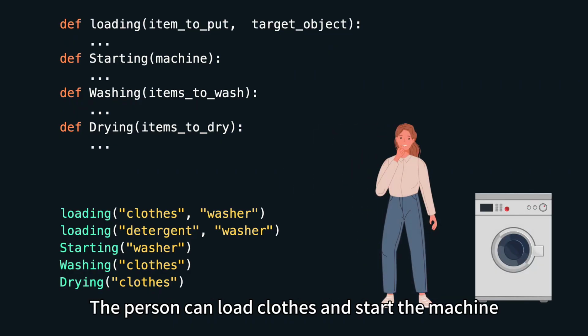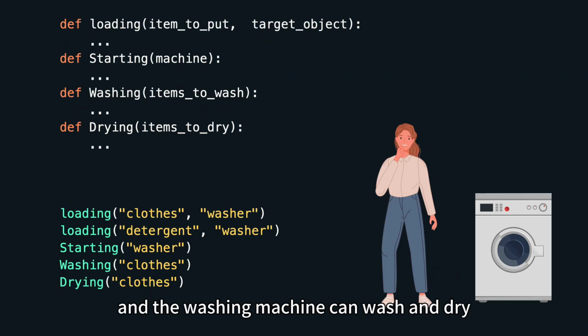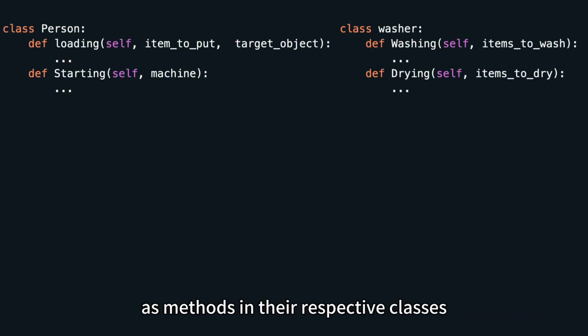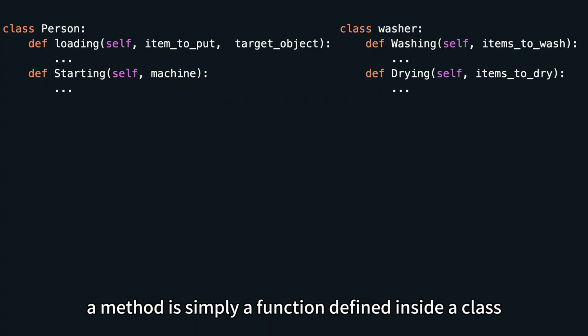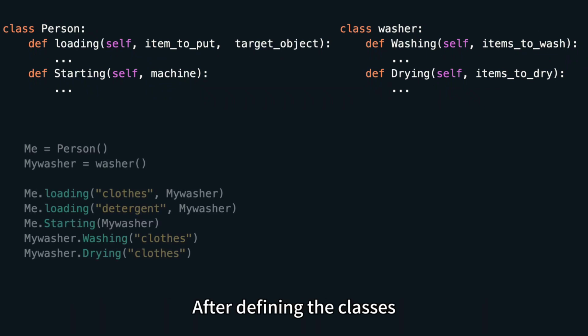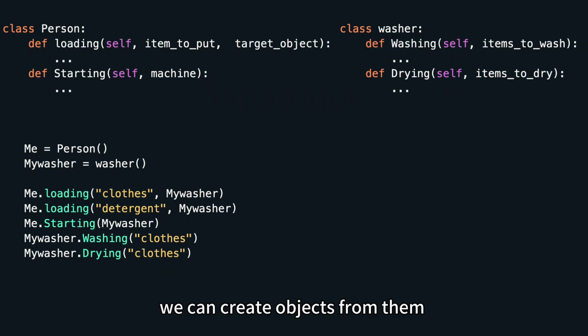The person can load clothes and start the machine, and the washing machine can wash and dry. These actions can be defined as methods in their respective classes. From another perspective, a method is simply a function defined inside a class, and an attribute is just a variable defined inside a class. After defining the classes, we can create objects from them and let each object execute its